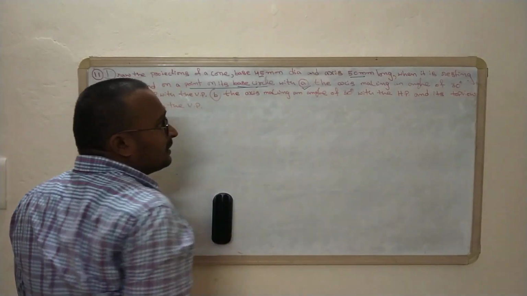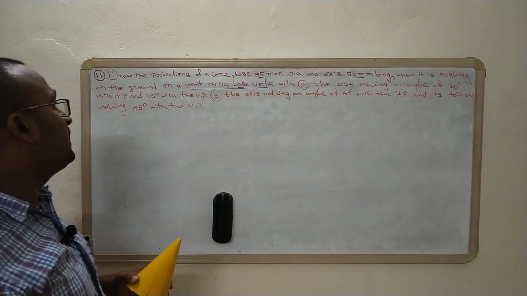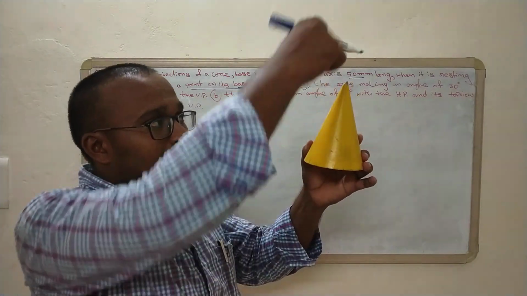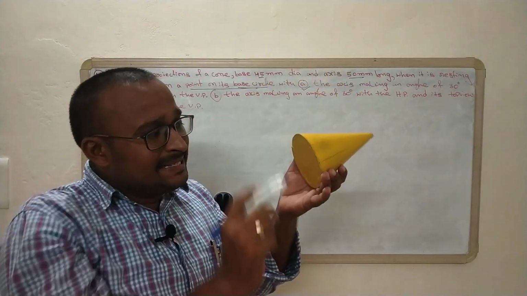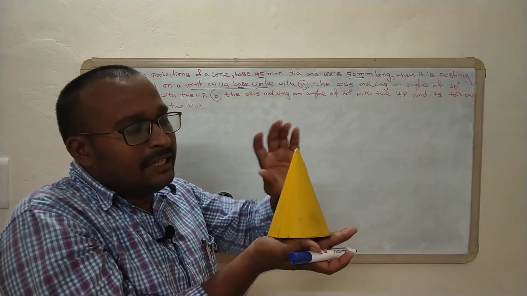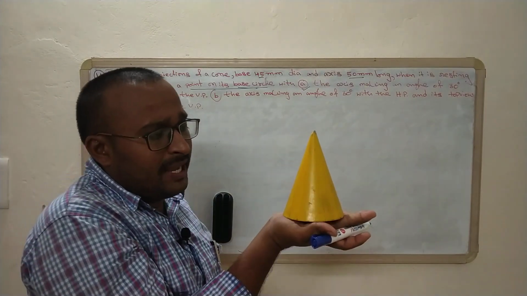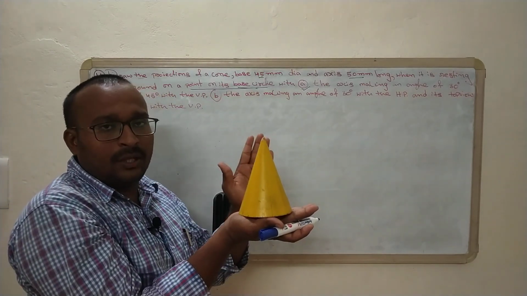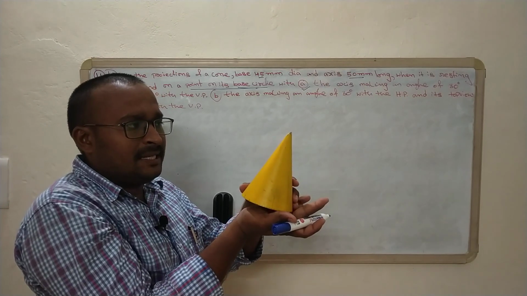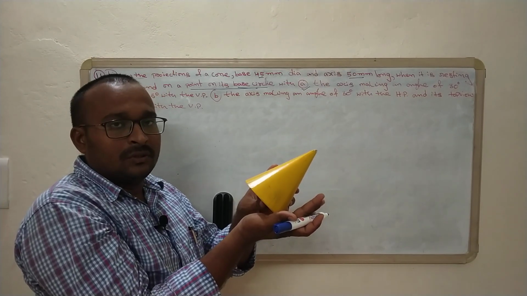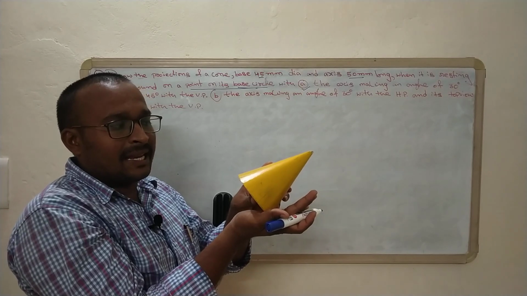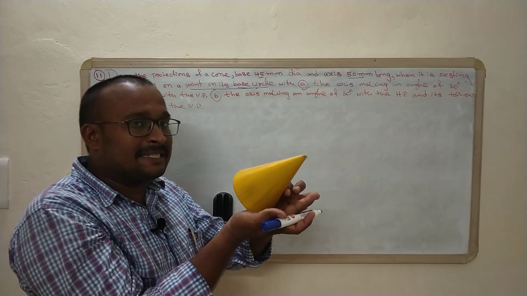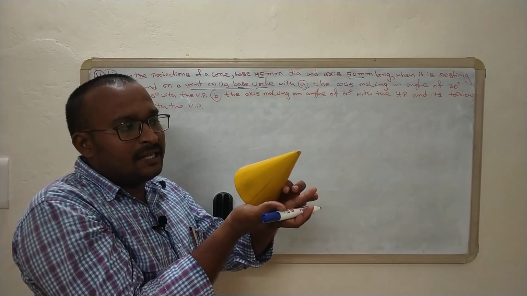First condition, the axis is making an angle of 30 degrees with HP and 45 degrees with VP. Here you can see this is the center axis, making an angle of 30 degrees to HP. That means now it is in simple position: the axis is perpendicular to the HP and parallel to the VP. Now we are going to rotate it at an angle of 30 degrees to the ground. Here this is the axis at 30 degrees to the HP, and the same axis is then rotated about 45 degrees to the VP.